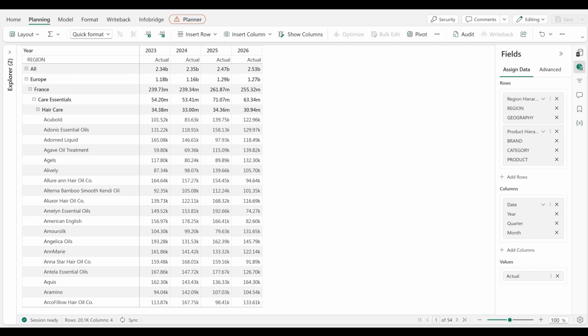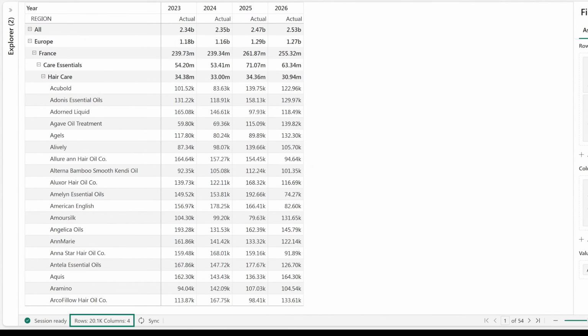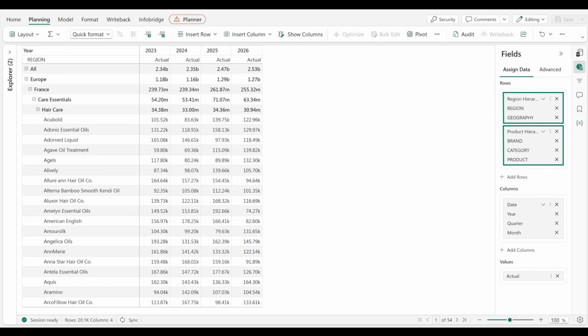Hey there! In this video, we'll show you how Fabric Planning cuts through complex planning data with filter. 20,000 rows to start, region and product hierarchy down the rows, date hierarchy across the column. What we need is one number, say, how Care Essentials is doing in France for 2025. Here's how far filter can take us, from one click to planning multiple brands on one sheet without them ever